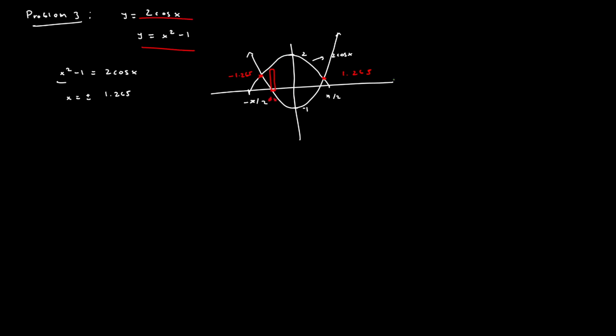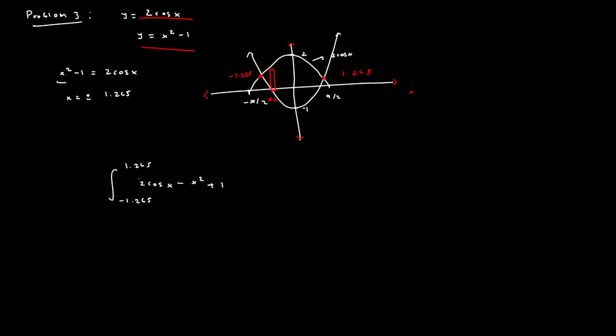So our integration is with respect to x, and the integrand is the difference between the top and the bottom function, which means that the integral that will tell us the area is simply the integral between minus 1.265 and positive 1.265 of 2 cosine x minus x squared, and then minus 1 becomes plus 1,